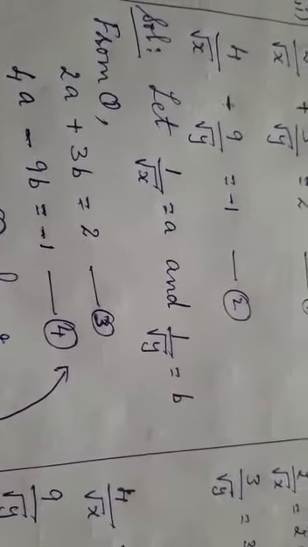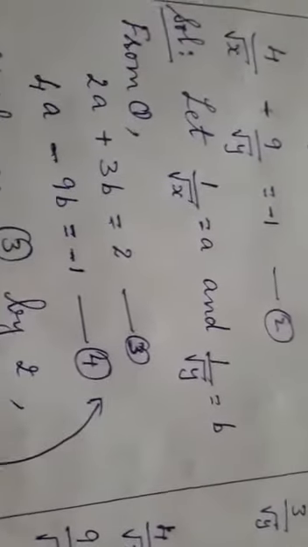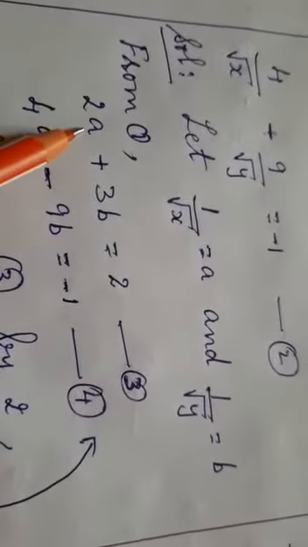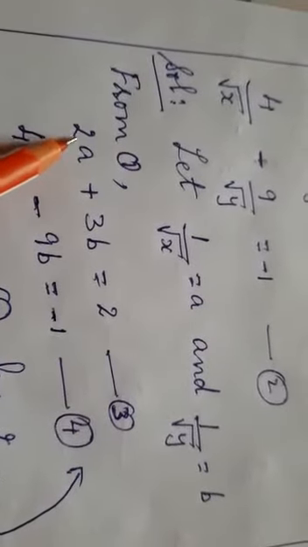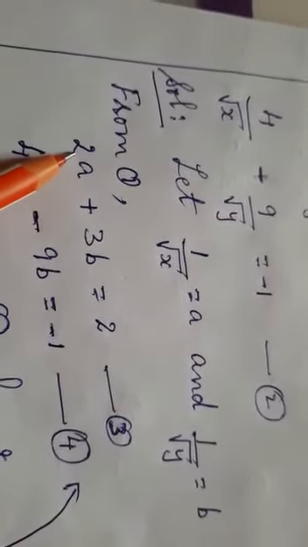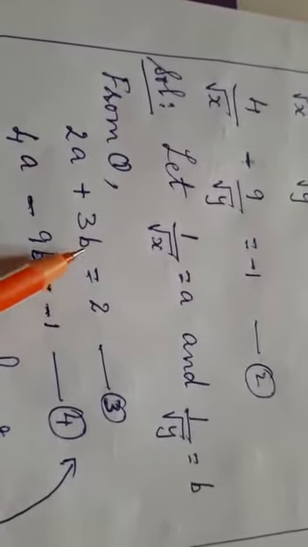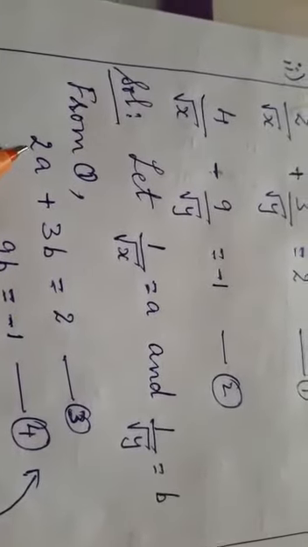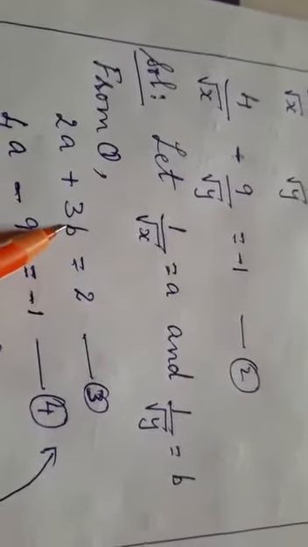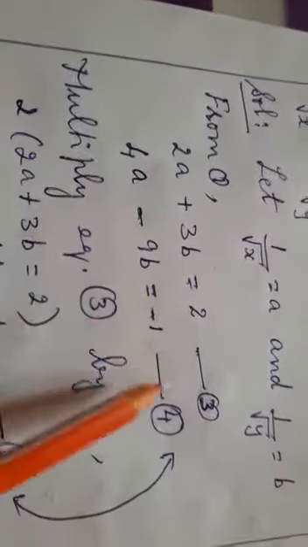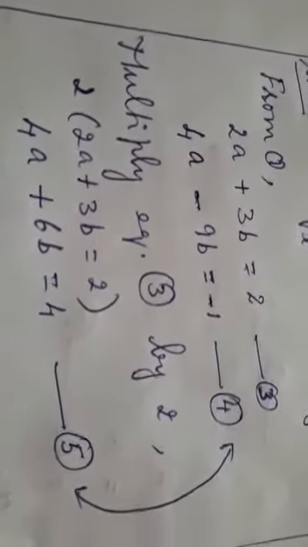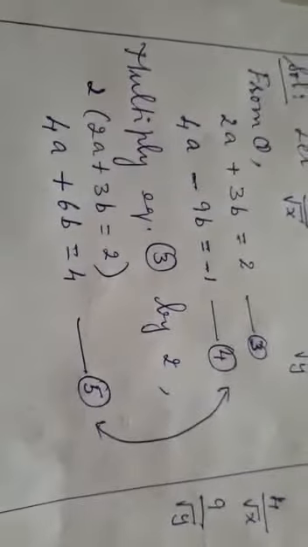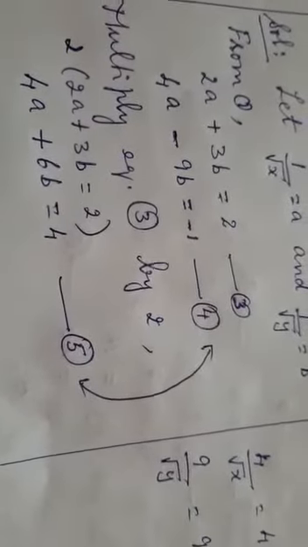Fourth equation. Now here elimination method we are going to do. So it will be easy. Here the easy method is, see the first term is 2. Here it is 4. Either we can multiply this third equation by 2, so we get this as 4a. Or we can multiply by 3 so that this becomes 9. So this and this becomes same. Either by 2 you can multiply or you can multiply by 3 also. Now here I have multiplied the third equation by 2. So I got 4a plus 6b is equal to 4. This is the fifth equation. So now the first term 4a, both the terms are same.